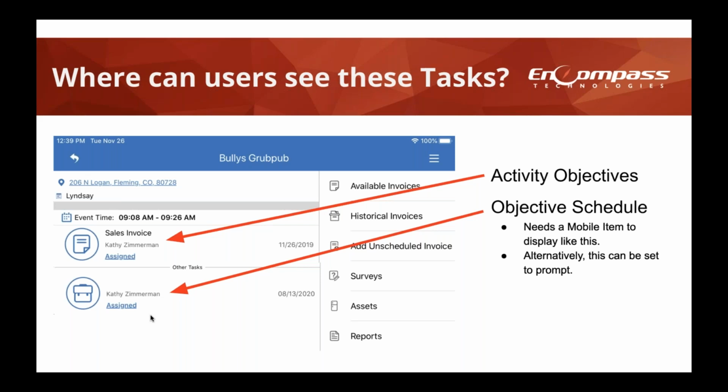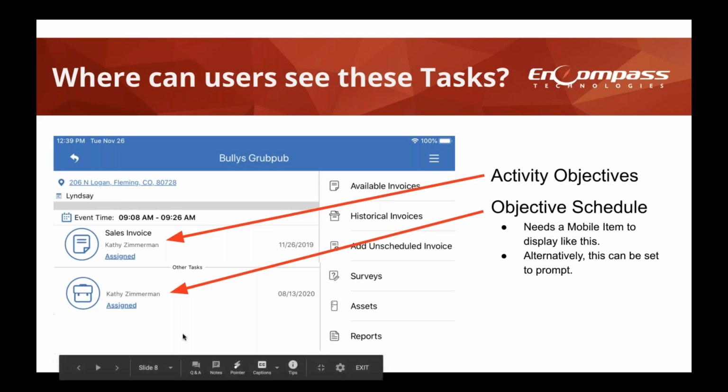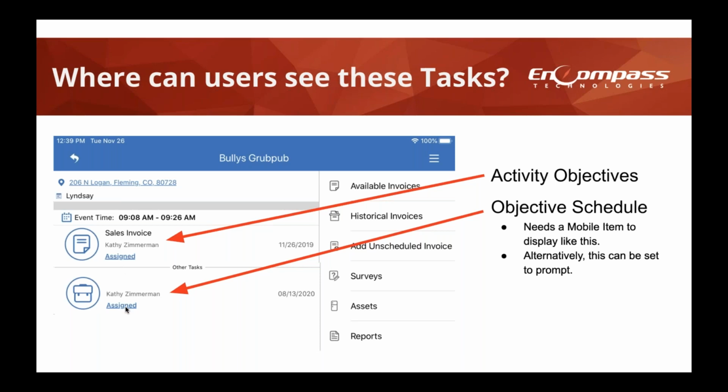They are tasks basically floating out there that we know need to be accomplished, but they're not something that you have to do every single time that you go into a pre-sale stop or that you do when you go into a delivery stop. So they'll pop up here, which gives the user visibility into those tasks, but again, it has a little different scheduling behind it.